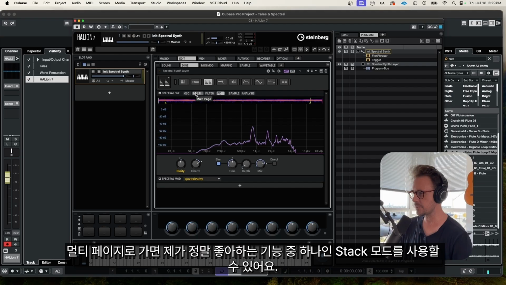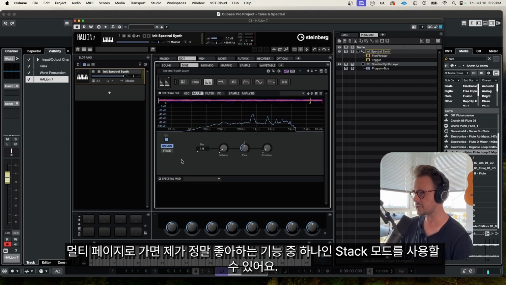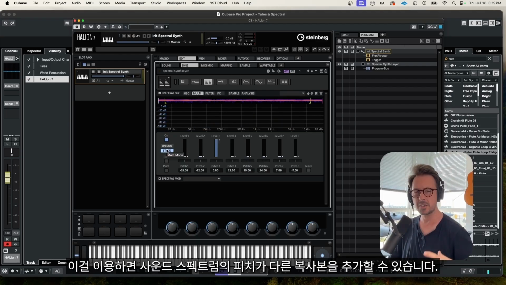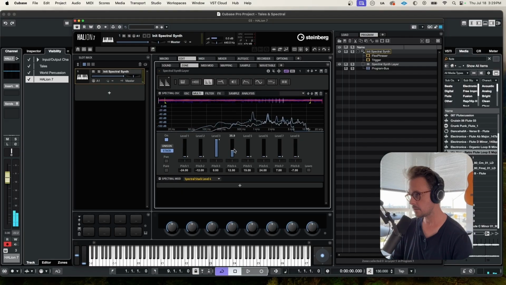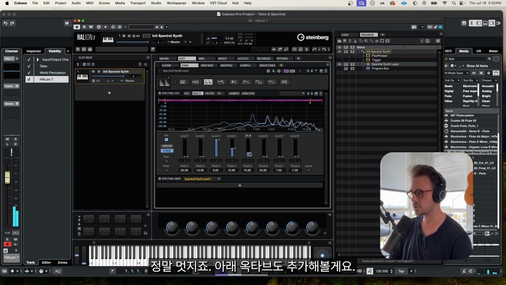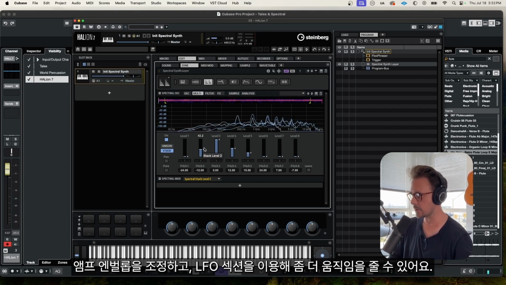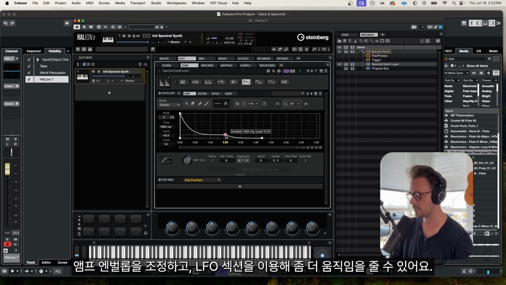And if we come over to the multi-page, one of my favorite features is using stack mode. And what we can do with this is add in pitch-shifted copies of the spectrum. So for example, 1 octave above, listen to what happens when we push up these faders. So cool. I'll add a lower octave as well, make some adjustments to our amp envelope, and we can create